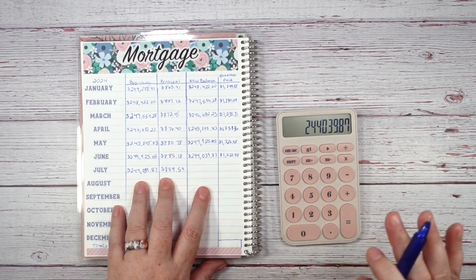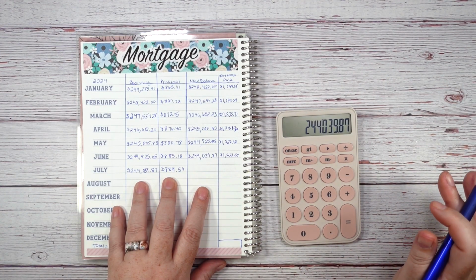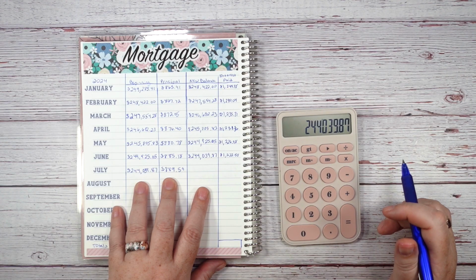My husband loves seeing the mortgage go down. Our goal is to have it paid off before we're 65. My husband's 50, I'm 49. We should have it paid off before we're 65 or at 65. So that's really, really good. All right,